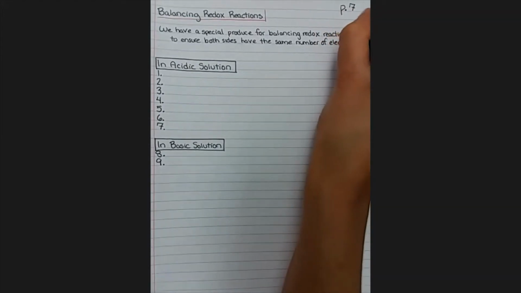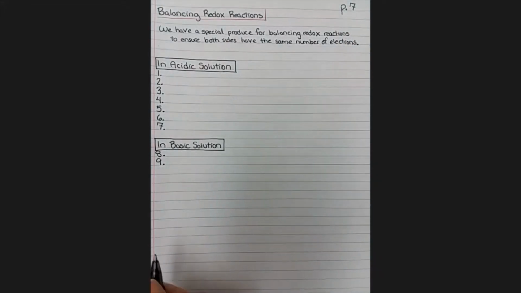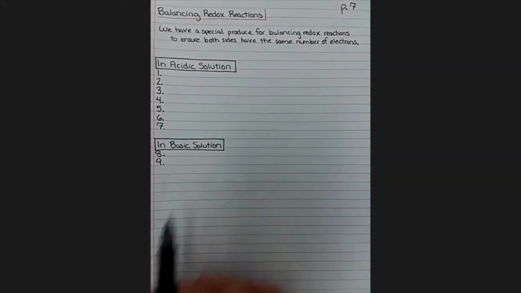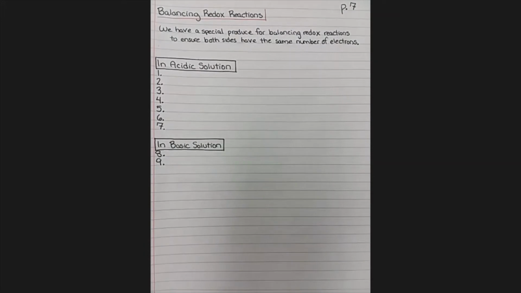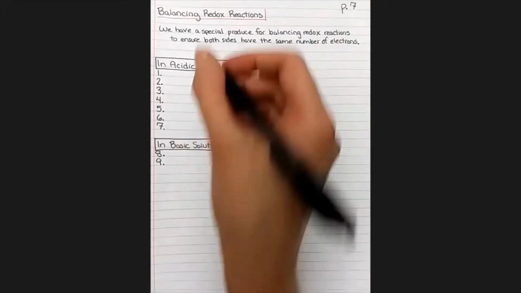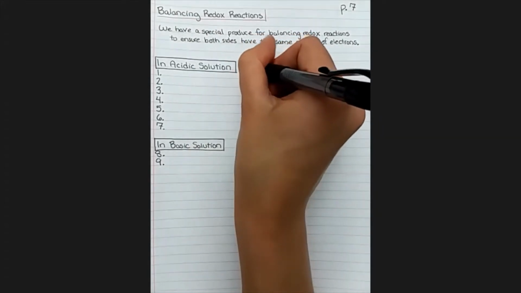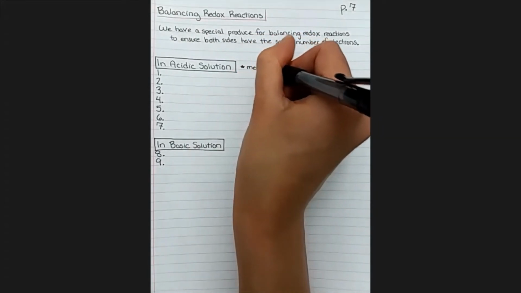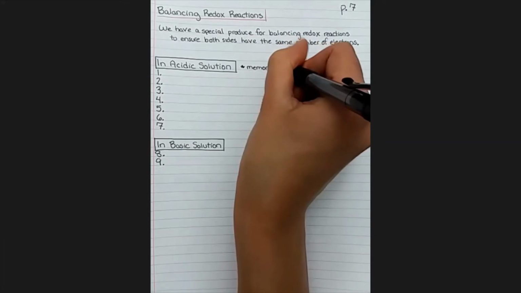So just like we need to have the same number of oxygens on both sides and the same number of hydrogens on both sides, we also need to have the same number of electrons on both sides. They will simply cancel out, so you just won't be able to tell if you've done it correctly. So there is a process for doing this, and you will need to memorize this. This is not something that will be given to you